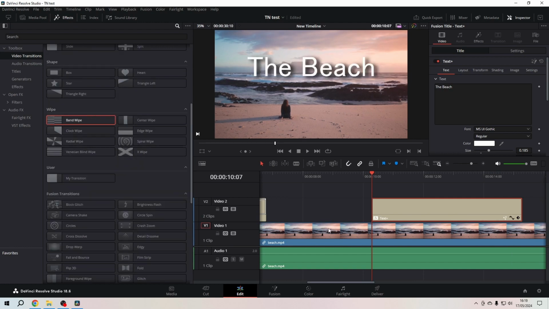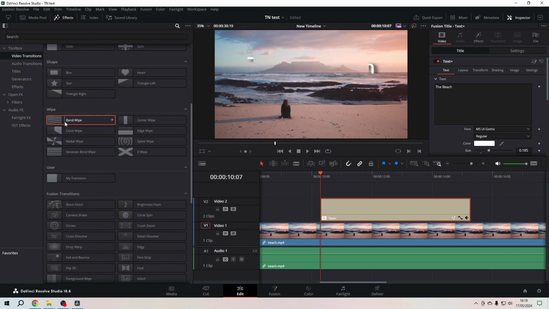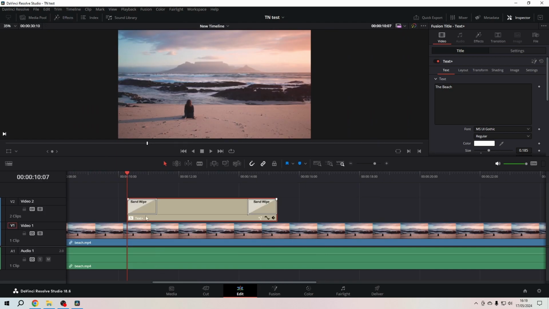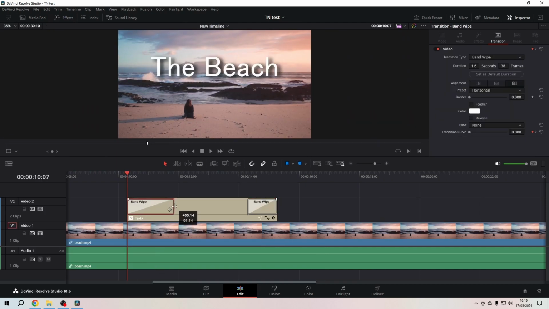department I choose the band wipe, and I put one at the beginning and at the end of our text. Close the effects library. I will go and drag this a little bit out to make it more slow and